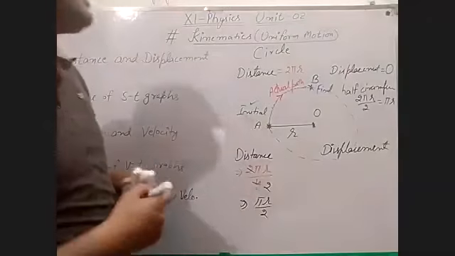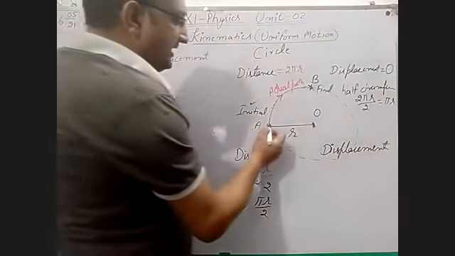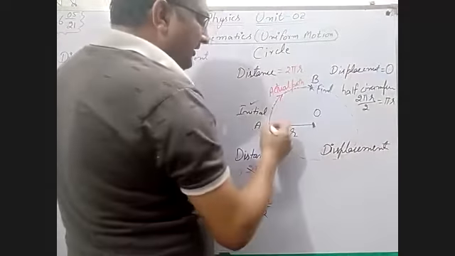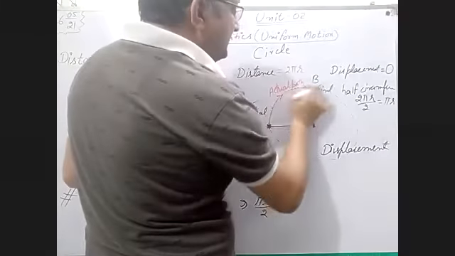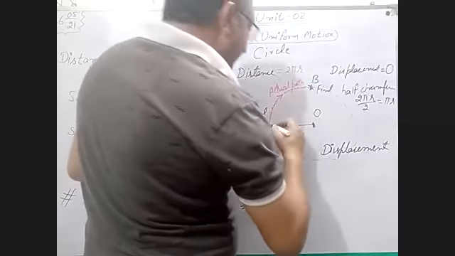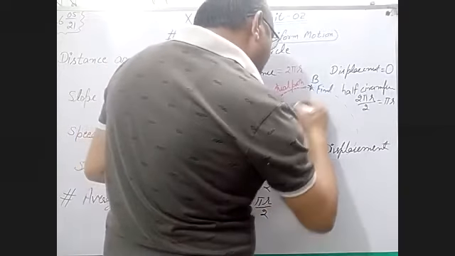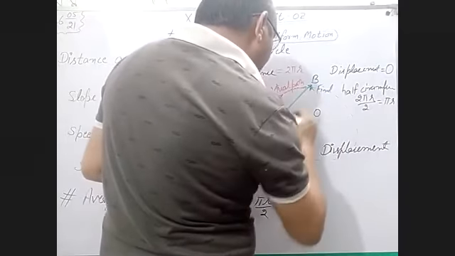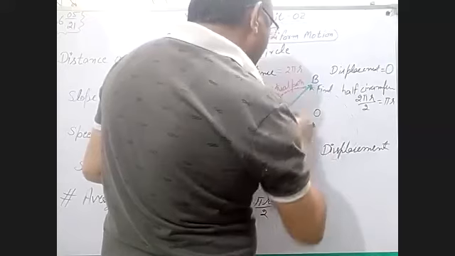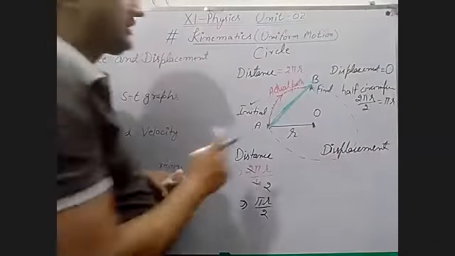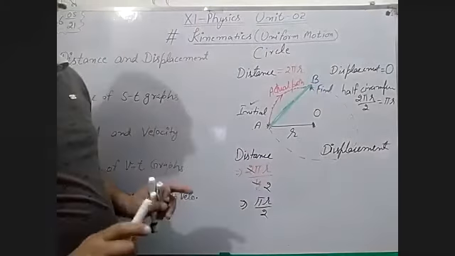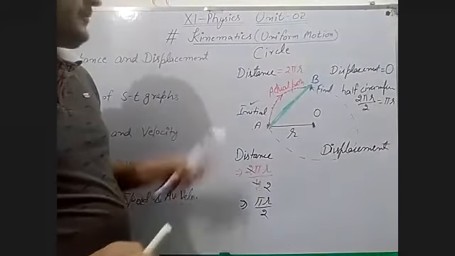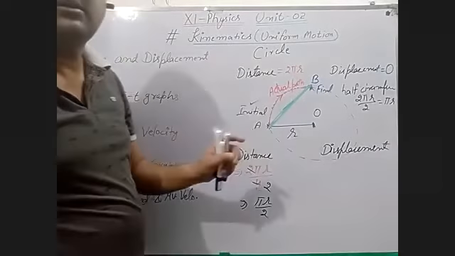Now next thing is, what is the displacement in this case? You know very well, this is the initial point and this is the final point, and we have to not take this path. We have to take in this condition the straight path. This is the shortest path. This green line is the shortest path, A to B. Whether an object moves or not, it doesn't matter. We have to take the shortest path.